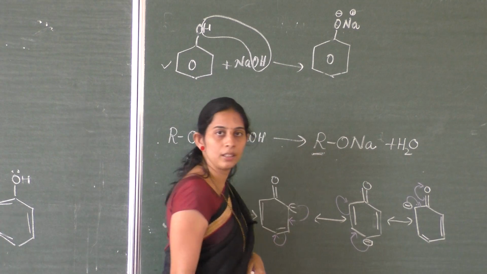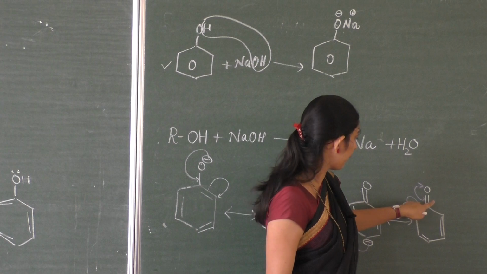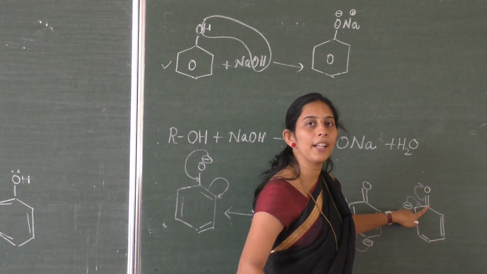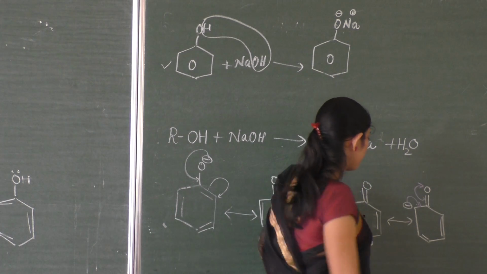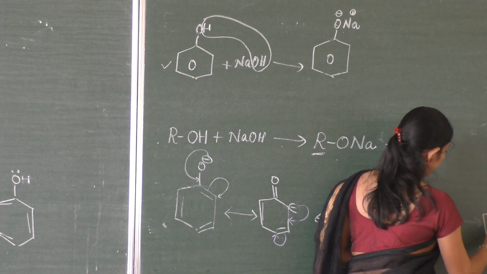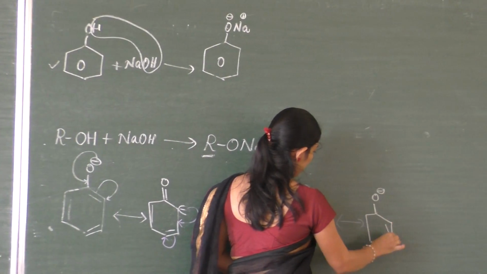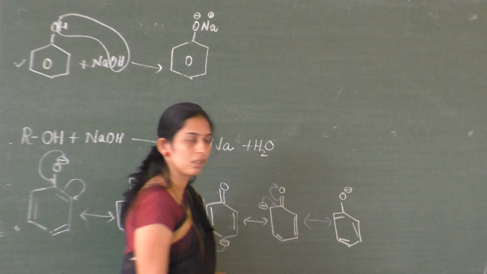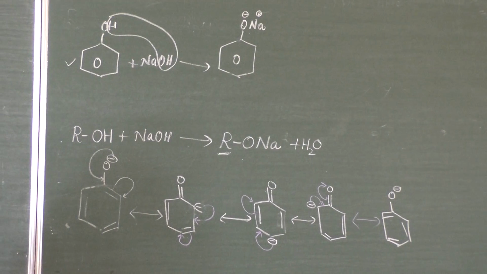to this position. When shifting like this, a double bond comes here. If I keep it as it is, this carbon will have a valency of more than 4. So I am shifting this one, so we get the next structure where there is a single bond to O minus. So this is the resonance structure of the phenoxide ion.